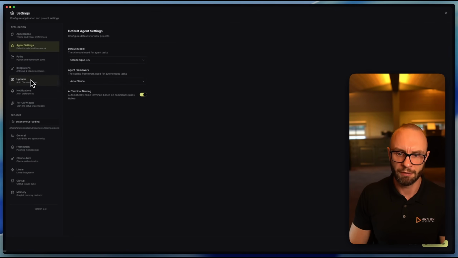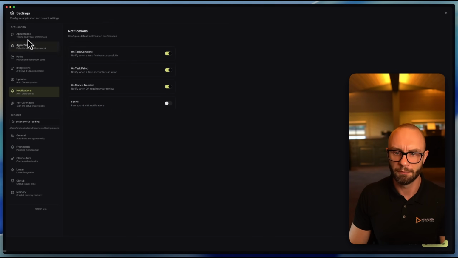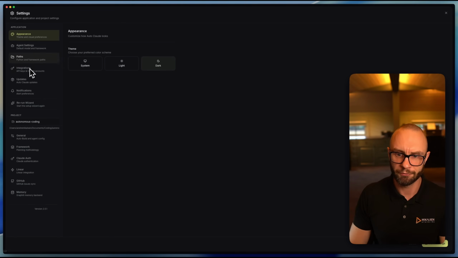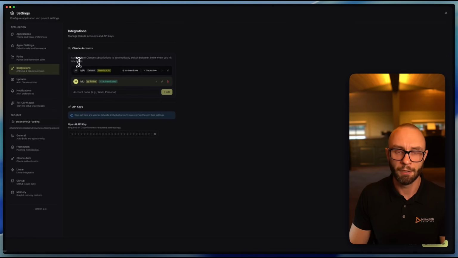For instance, if you are a very heavy power user like me, you can utilize the integrations tab here. We have multiple cloud accounts, because what AutoCloud actually allows you to do is to create a lot of tasks and just run them in the background. So you get a lot of features done quickly, but that also implies that you're getting things done not only quicker, but for instance, I get a lot of tasks done while I sleep. So basically all my Cloud Code usage has doubled. So I need 2 Cloud Code Max plans.